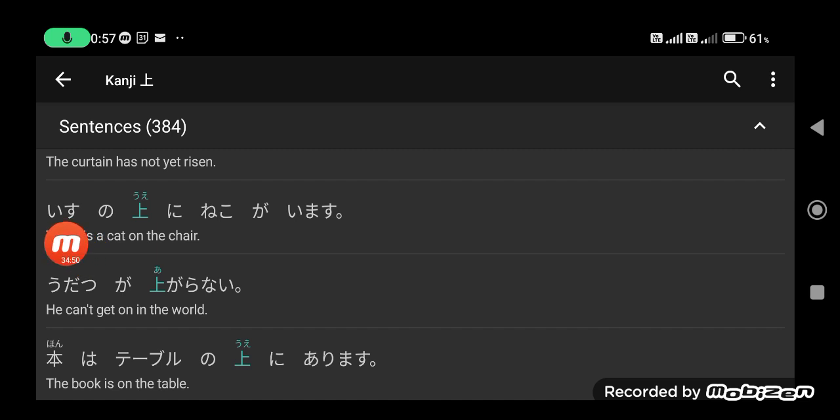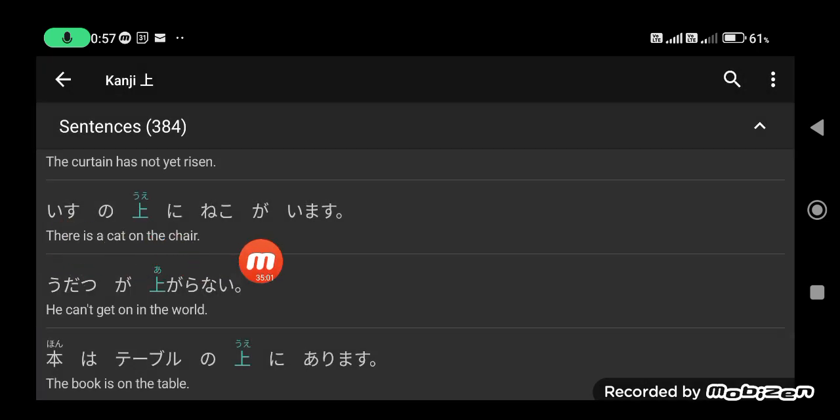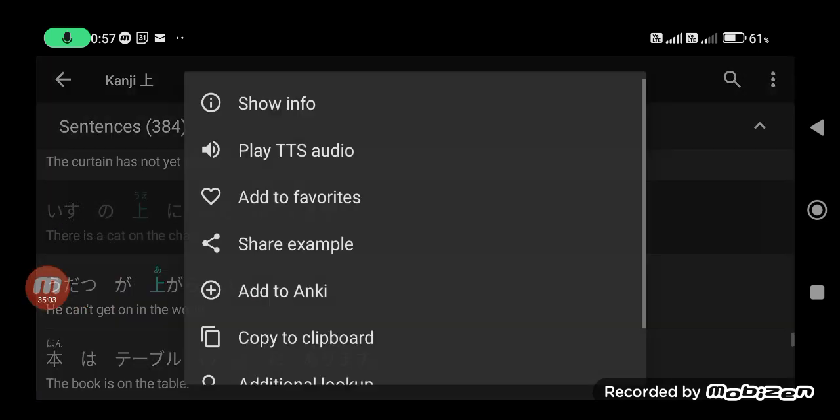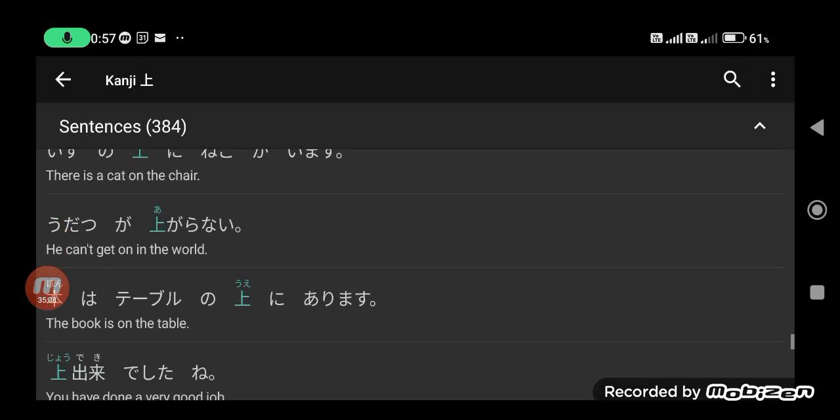Isu here is a chair. Isu no ue ni neko ga imasu. There's a cat on the chair. 椅子の上に猫がいます。 Again. 椅子の上に猫がいます。